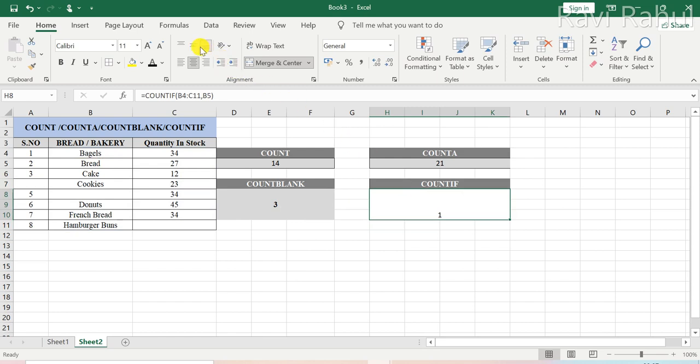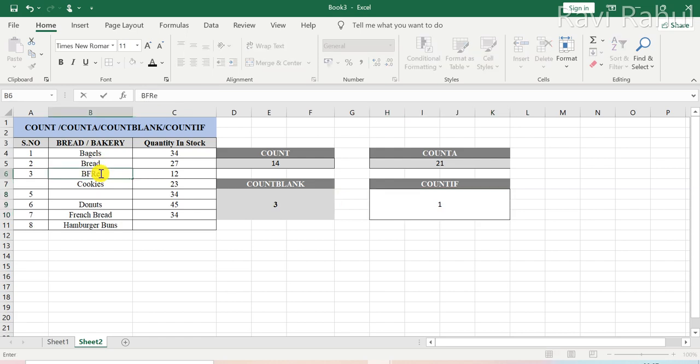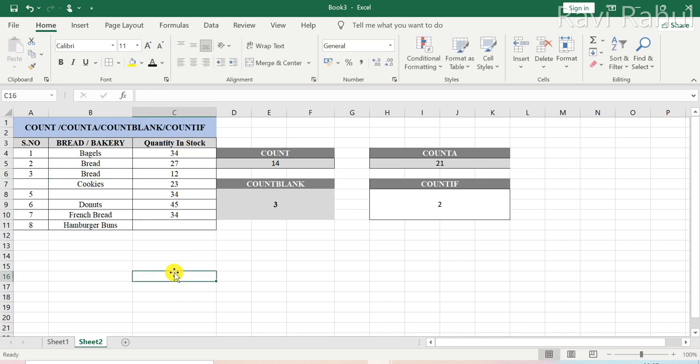Why? Because the criteria says that only count those cells that contain bread. So only a single bread is available. Suppose I change this to bread also. What happens? It shows me 2 because now we have 2 breads, isn't it?